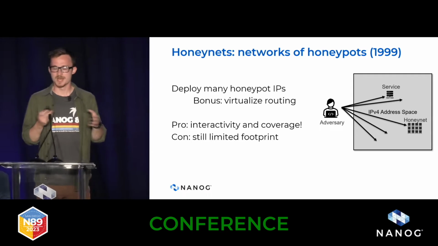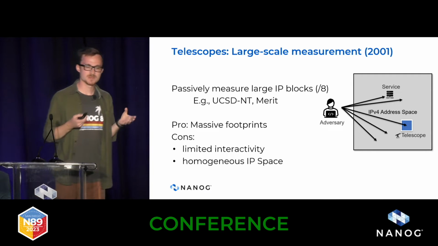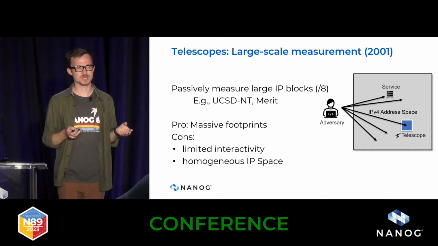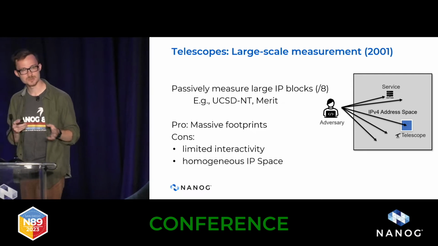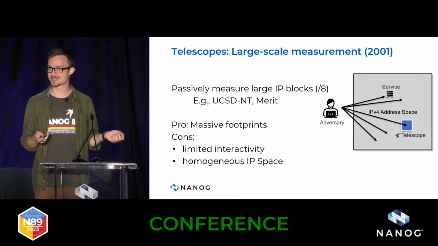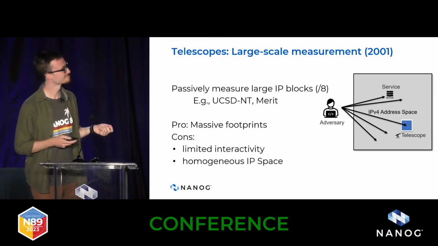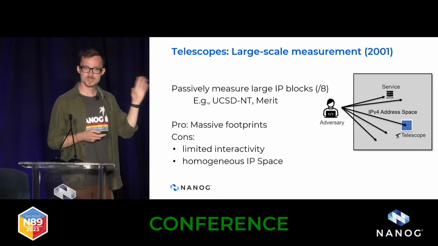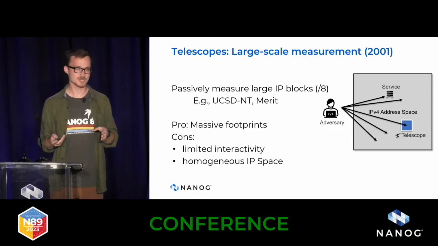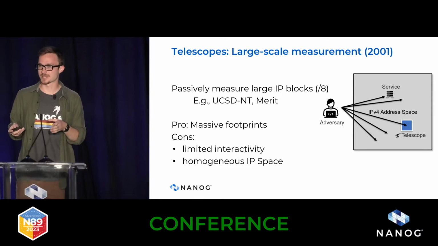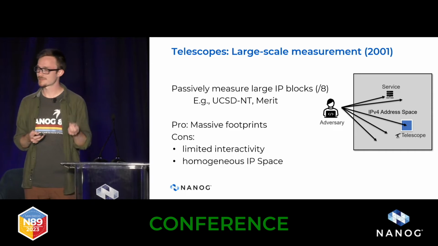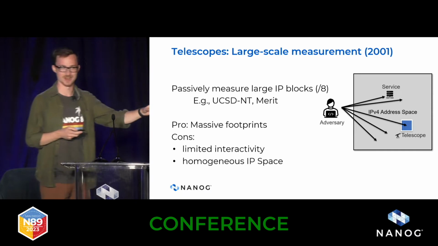And so as the internet evolved and we gained the ability to do large-scale data collection, a technique that came out over 20 years ago is large-scale measurement, specifically using internet telescopes. In fact, here in San Diego, we're near one of the birthplaces of the internet telescope at UC San Diego. The idea here is that we'll use large blocks of IP addresses, often that exist for historical purposes, like the 44 dot, and we'll receive traffic here and we'll black hole it, but we'll record what traffic we get. And so we get those 5 flow tuples that we talked about in the last talk.